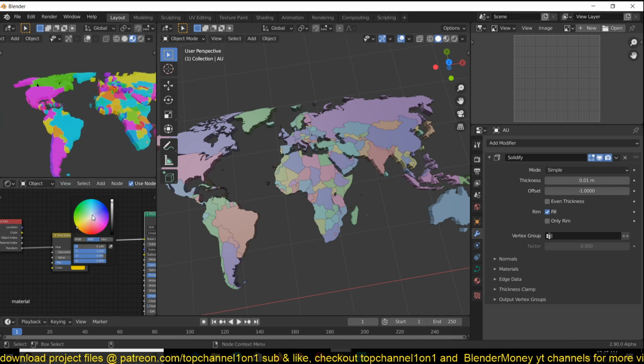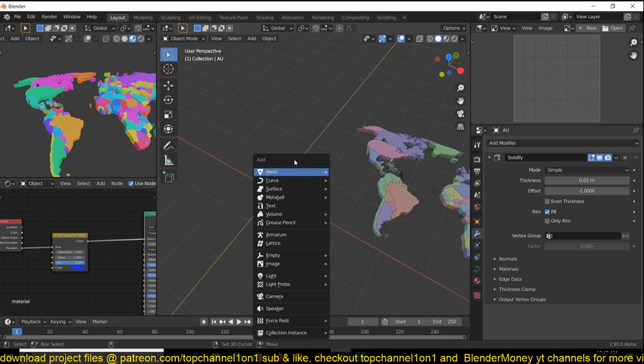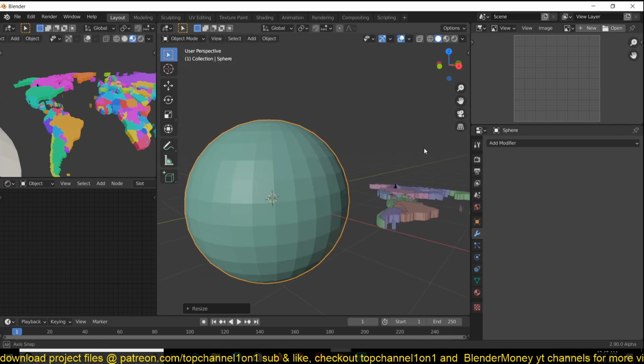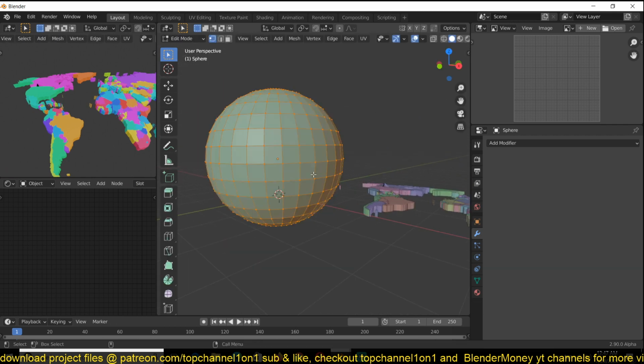Now every time you change this, I think you can actually, you can even make a disco light. Why don't we actually do that? So if I have a spherical sphere, just separate this.